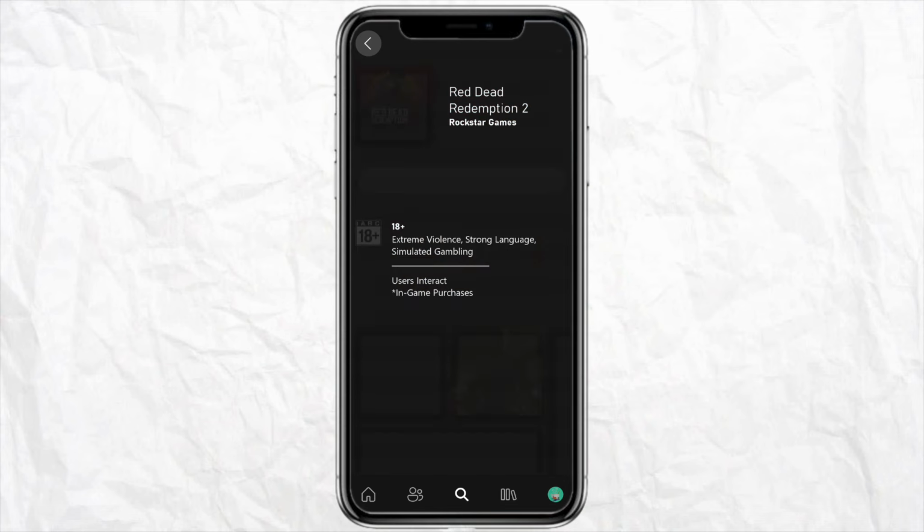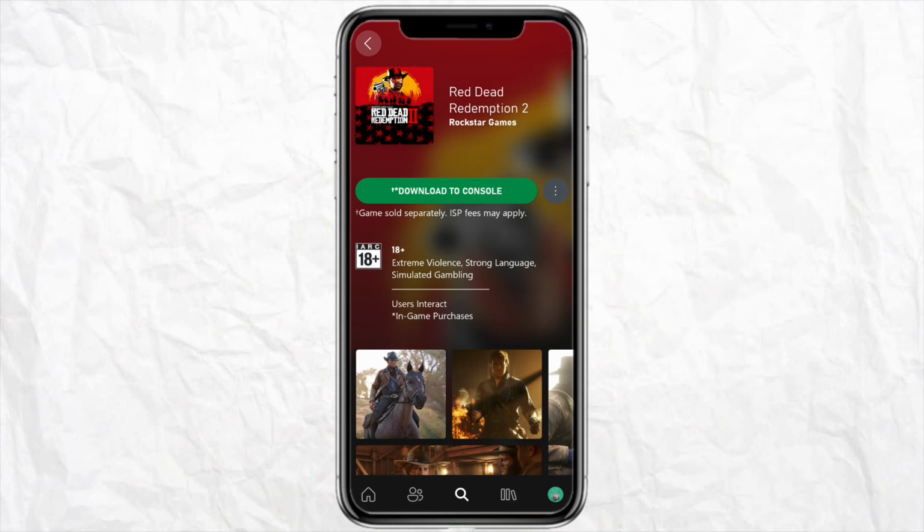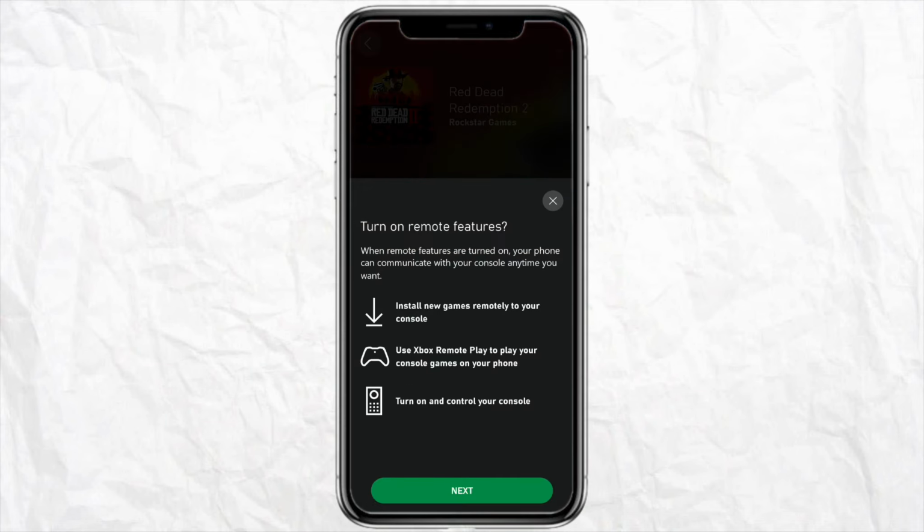And here on the next page, you will see the option called download to console. So just simply tap on it. And here it says turn on remote feature, which means when your remote features are turned on, your phone can communicate with your console anytime you want. And you can install the game remotely on your console,